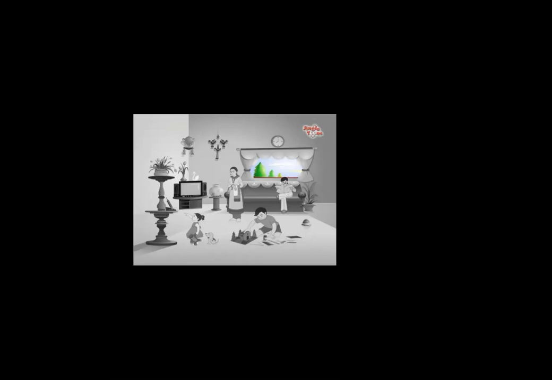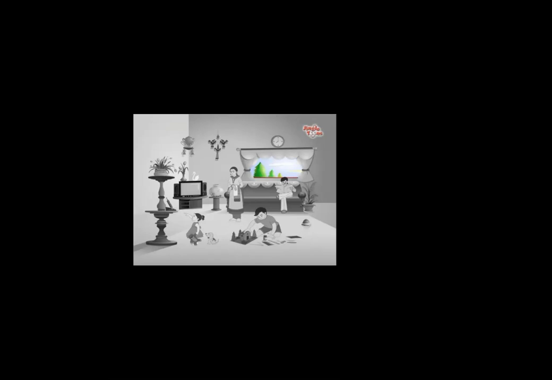Father is sitting on the sofa and he's reading a newspaper. A potted plant is kept near the sofa. Okay, and mother is standing on the floor and she's looking at Ria. Ria is a naughty girl. She is trying to get the phone. Okay, there is little puppy also at home. Little puppy is sitting near Ria.